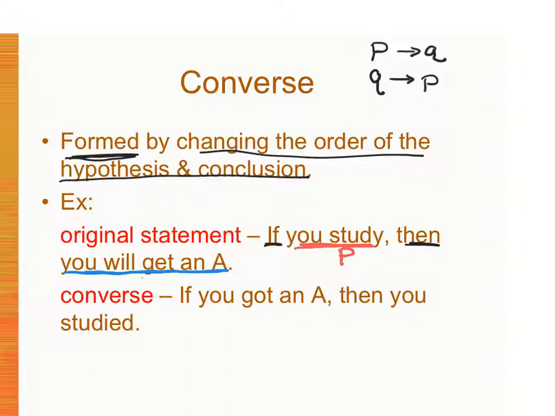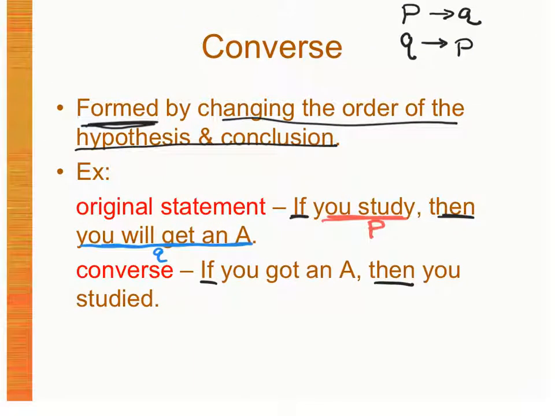That is my statement: if one thing happens, then another thing will happen. If I tell you to make the converse of this statement, all you're going to do is keep if and then in the same position and swap the order of the letters. Sometimes when you swap those two, the sentence doesn't grammatically make sense, so you'll have to make little adjustments.